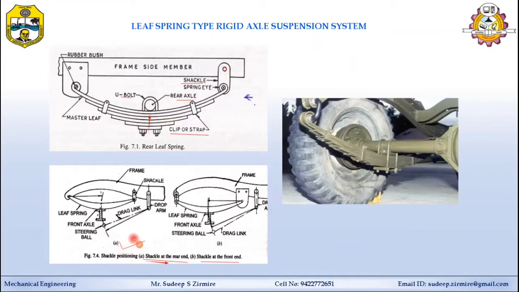In this case, the axle moves around the front rigid spring connection, while the drag link moves about the drop arm joint. Here you can see this is the fixed point, and when it goes up and down, the spring rotates about this center. At the same time, the drag link of the drop arm, which is part of the steering system and connected to the wheel assembly, also rotates because of the steering linkage about this center.